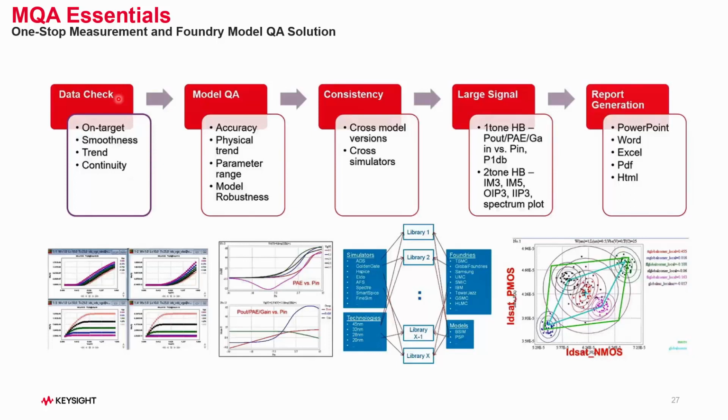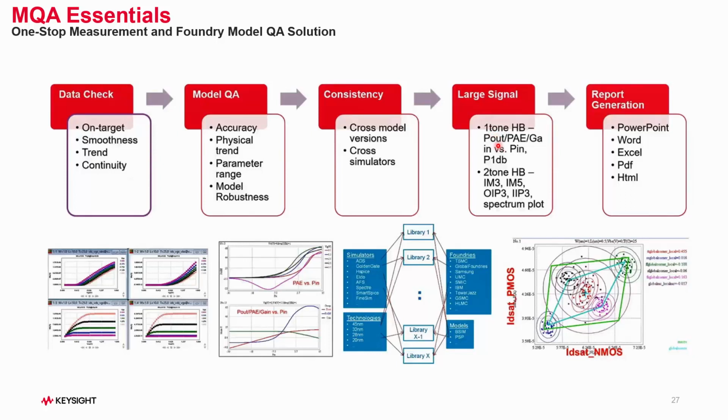Data check, looking for the expected range. Is the data smooth? No kinks. Model quality assessment, looking for accuracy, trends, parameter range, robustness. Consistency is the third area. We're comparing across libraries, models, simulators, technologies, foundries. On the large signal side, MQA can test, simulate, and verify against measured data one-tone harmonic